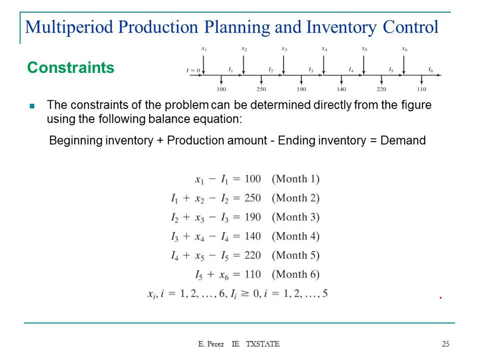And for the first period in which you have to satisfy this demand, the only thing that you're going to have available is the number of units that you will produce. And you will have to subtract the number of units that you will take as an inventory for the next time period. So you can write this in several ways, but at the end, we'd like to have our decision variables to the left and our